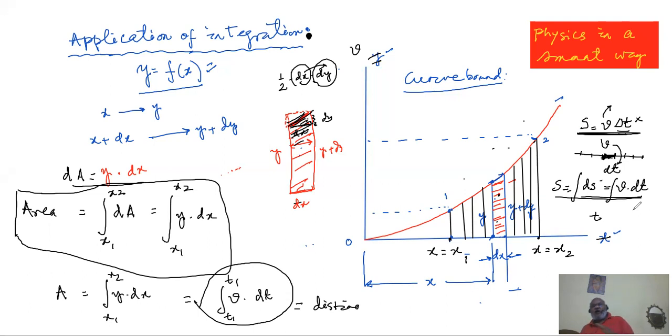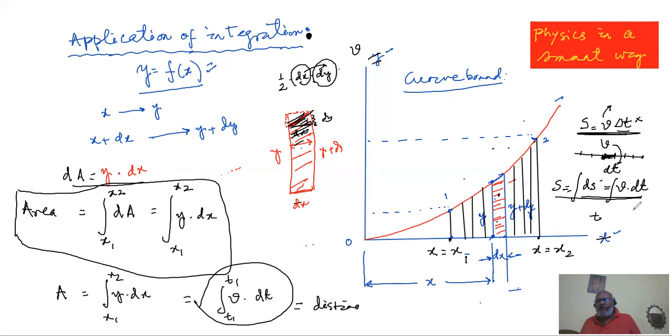That is our basic procedure with the help of integration, and integration can give us not only the area, the idea of area. That is base number one, but that is a start. But if you change x and y, if several physical quantities represent y and x, then this integration of the area will be giving you several physical quantities. I just took an example of speed and time.